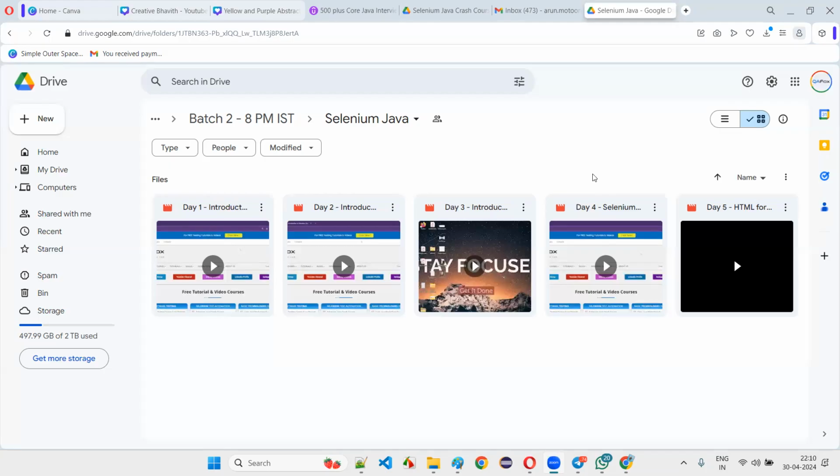Whenever the elements are changing dynamically, if some portion of the HTML text is changing for some attribute, in that case you can only take the constant by creating proper XPaths. There are some ways to do that, I'll explain during the locators concept, and there are many other techniques for handling dynamic elements.